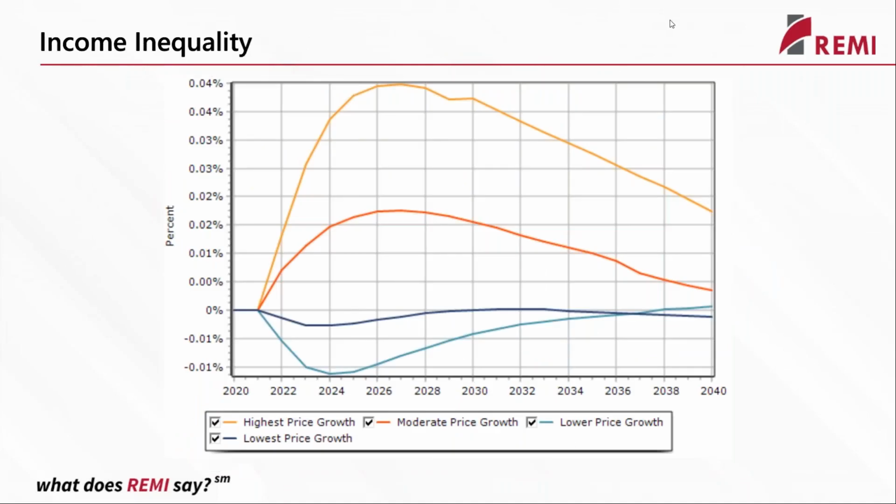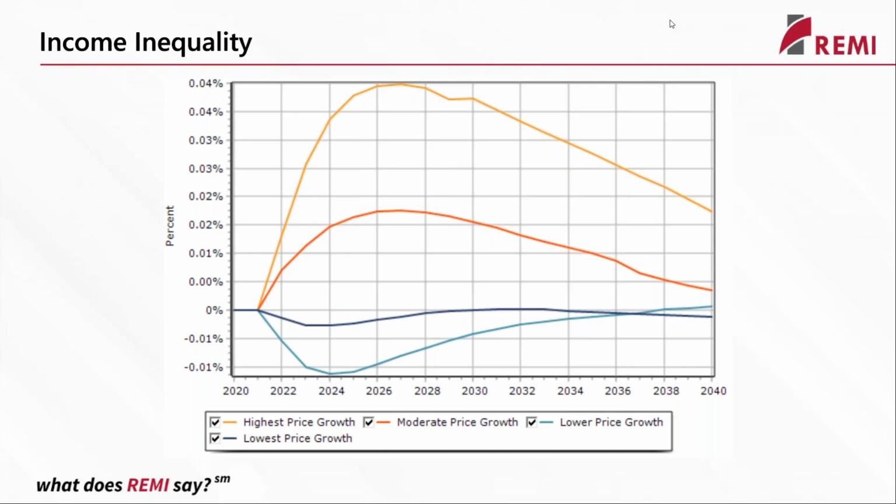All right, now taking a look at income inequality, very simply, income inequality increases. Again, probably not a very earth-shattering revelation, but what's important here is that we can quantify the level to which the economy is becoming more unequal. This is a Gini coefficient, a percentage increase on that Gini coefficient.